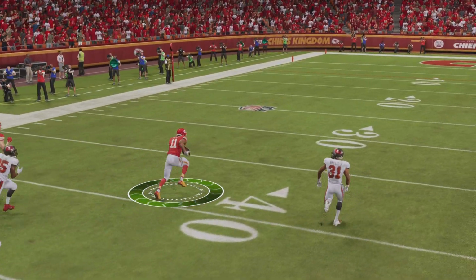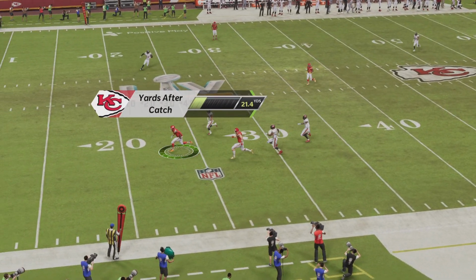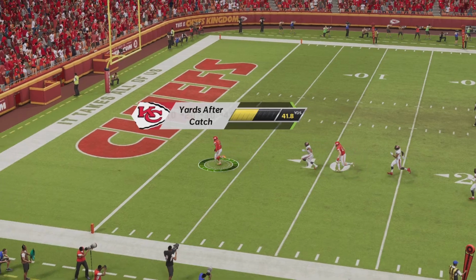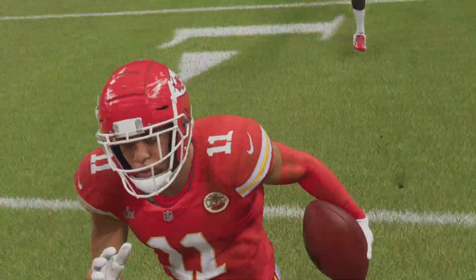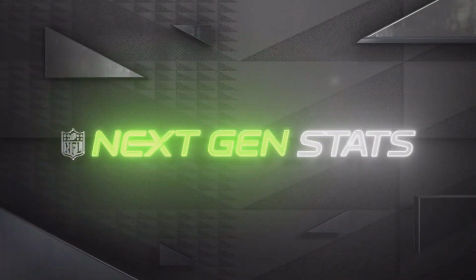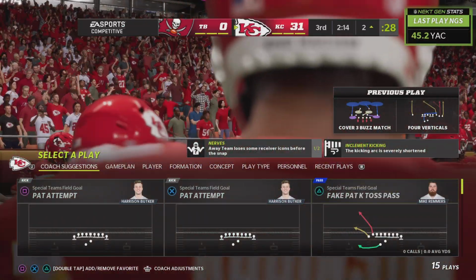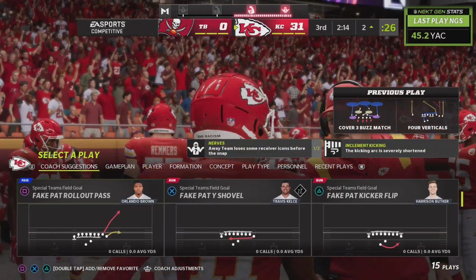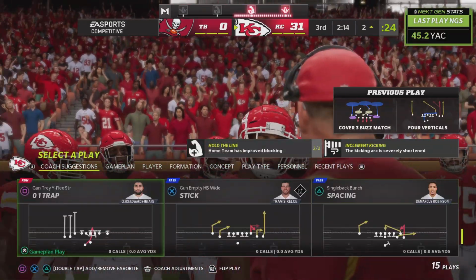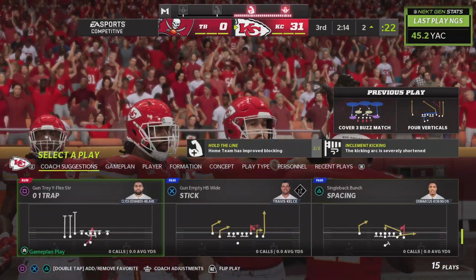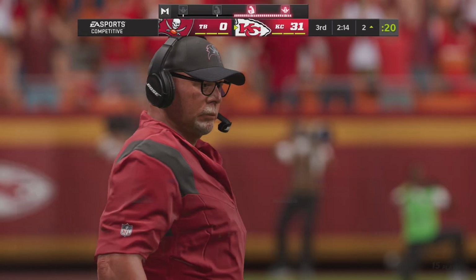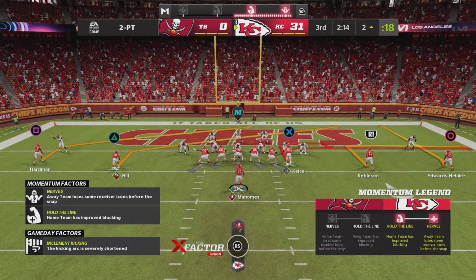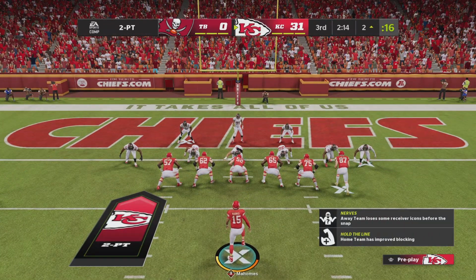Well, we know that he can beat you in a number of ways. He can catch it short, he can take it long, or he can do what we just saw right there, catch it and then run with the football. And plenty to praise on the play, but this is also a bit of a breakdown defensively because you've got to be right on him when he makes the catch. Otherwise, he has the ability to really make you pay, and he does right there, picking up excellent real estate after the catch. And now they'll empty the backfield here as they elect to go for 2.